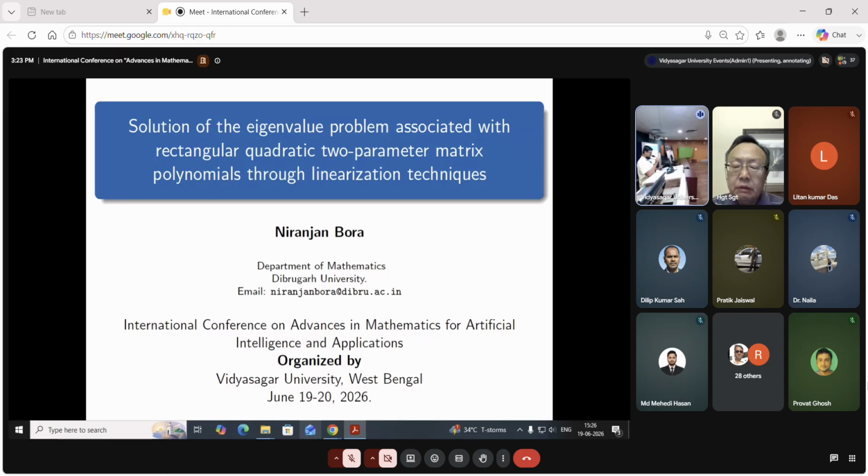He also published an Indian patent entitled Solar-Based Automated Hydroponic System for Synchronous Growth of Vegetables using LoRa module, reflecting his engagement in interdisciplinary research and technological innovation. I invite Dr. Bora to